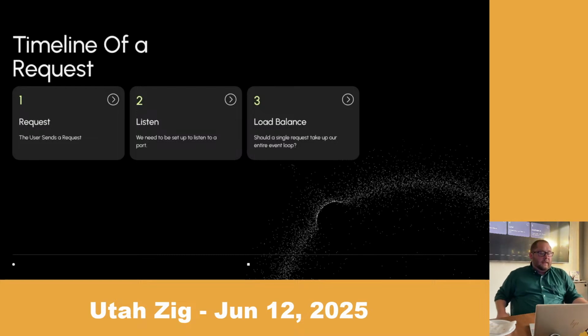Then you need to answer the question of load balancing, and there are a lot of strategies for doing this. Lambdas is one strategy. Multitasking with thread pools is another. The way Node handles it, in case anybody doesn't know or is curious, is that Node is purely single-threaded. Well, the main execution thread is purely single-threaded. You cannot readily have multi-threaded code in Node, and that includes the web servers.